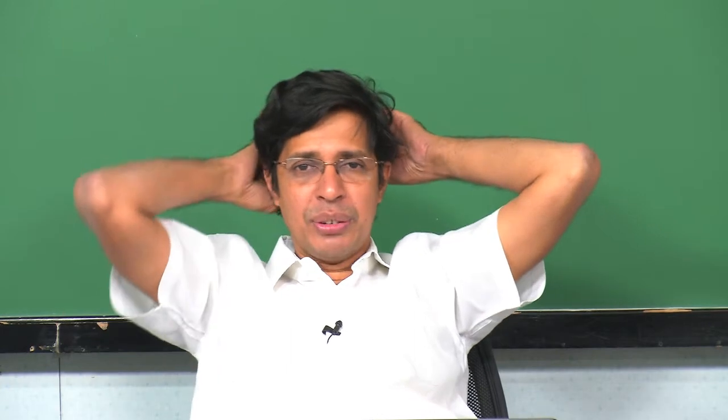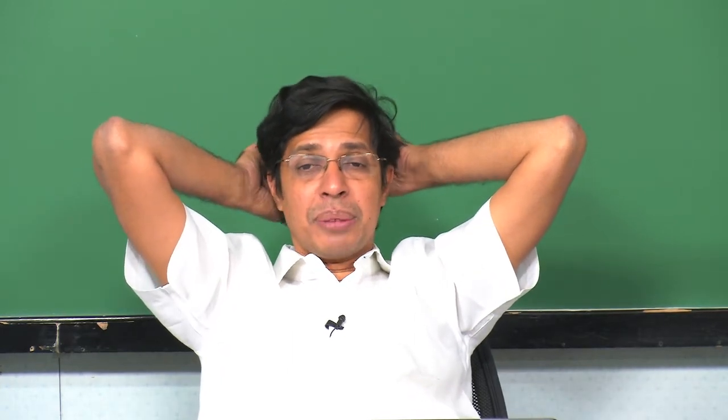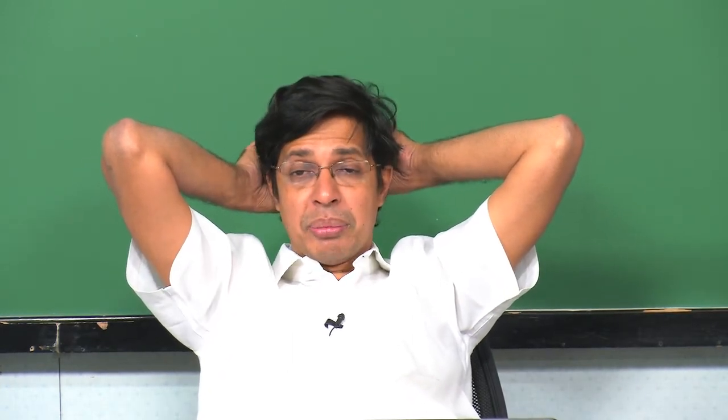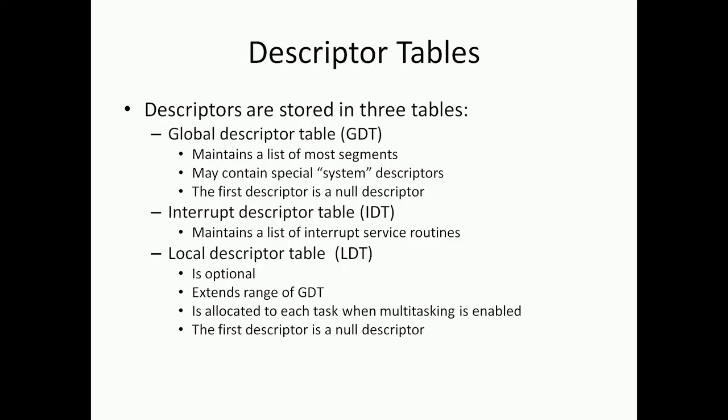We are storing some value in the first descriptor of IDT because that is divide by 0, but here we can't store any value in the first descriptor of an LDT, be it whether it is an LDT or a GDT. I can't store anything in the first descriptor. Okay.